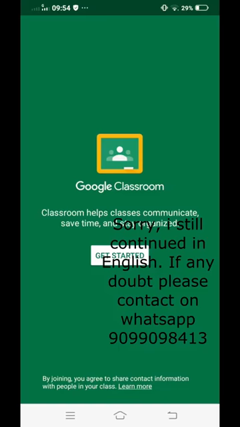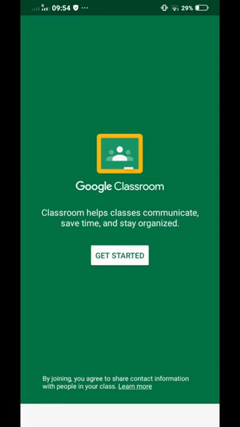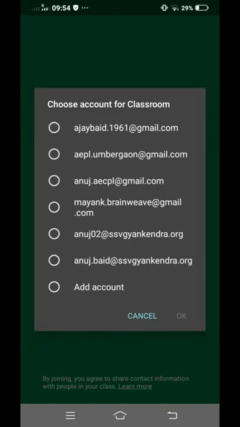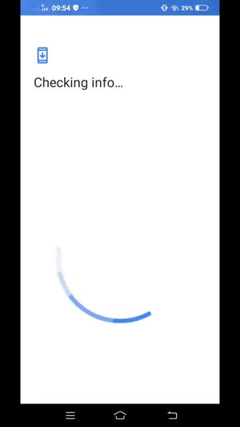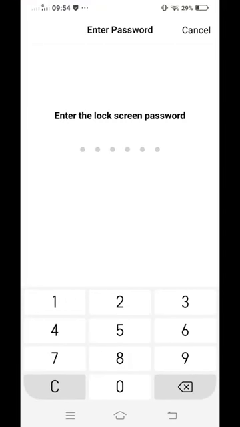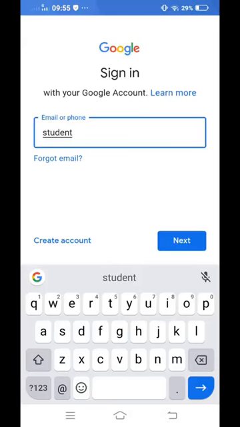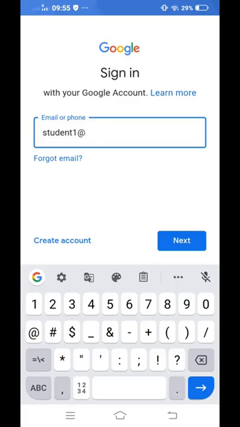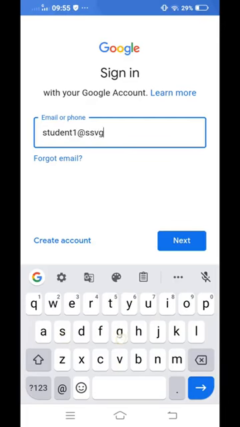As soon as you open, you will get this screen of Get Started. So just press on Get Started. Now you have to log in from the student account, the official SSV Gyan Kendra account, which you all have been given. If you don't remember the account, then simply message on WhatsApp.